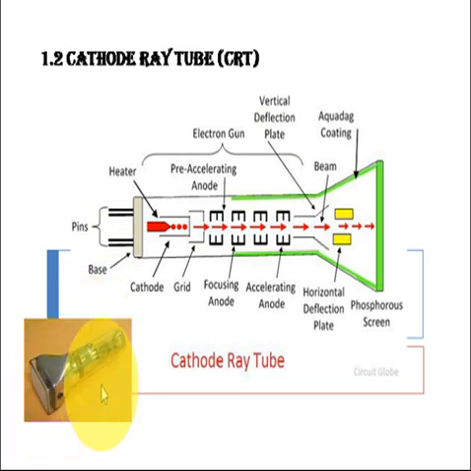So this is how the CRT tube looks, and this CRT tube is fit inside the CRO. This CRT tube internally consists of many things which we are going to learn in this chapter. Basically this CRT tube is divided into four particular parts. So we are going to learn this CRT tube in four different parts.